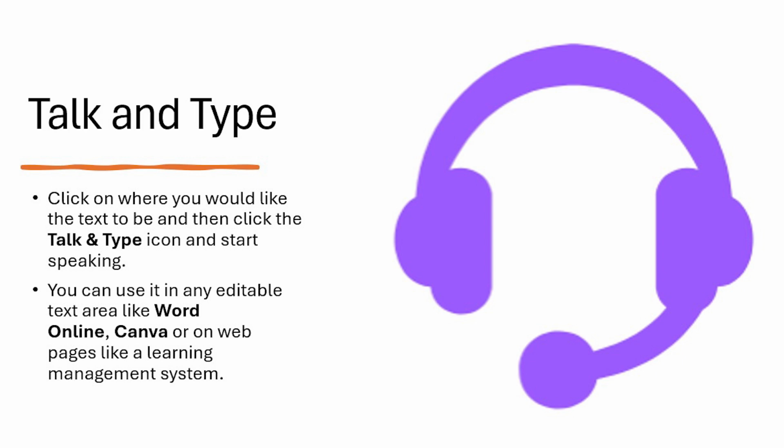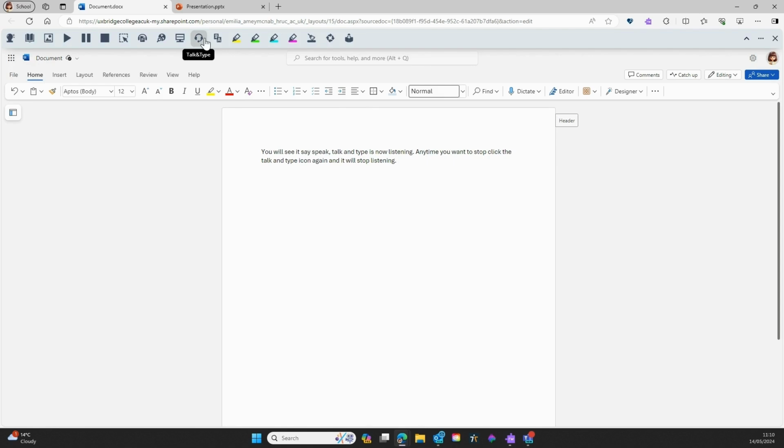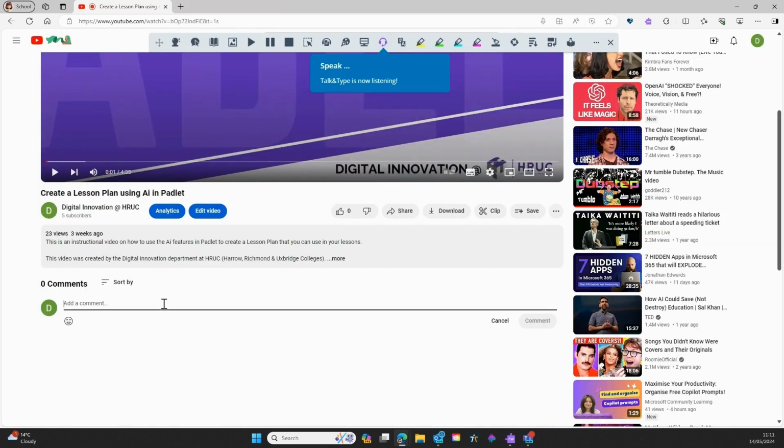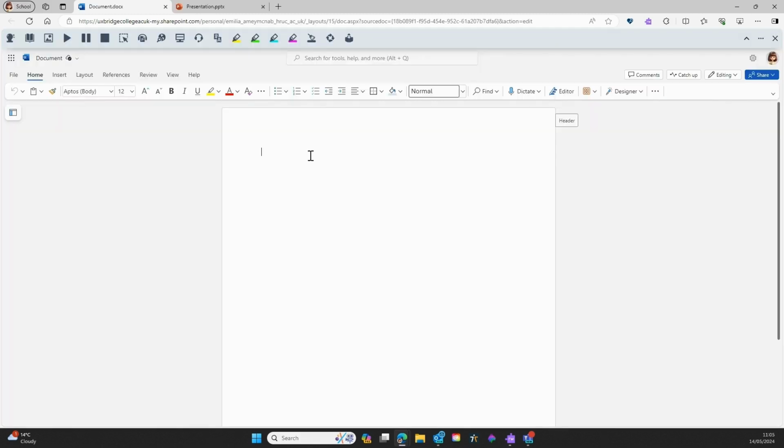If you or your students prefer to speak rather than typing, this is a great tool to capture their words in a visual written format. The Talk and Type tool can be used on Word, PowerPoint, Google Docs and Slides, as well as websites where you can insert your own text or comment, such as YouTube. You may need to allow the web page to have access to your microphone in order to type out what